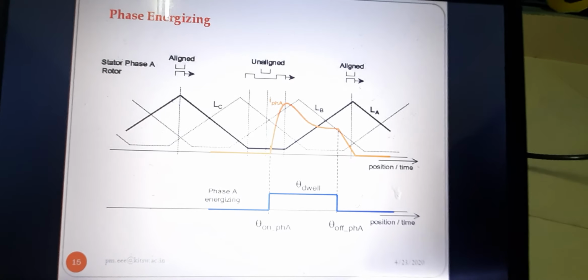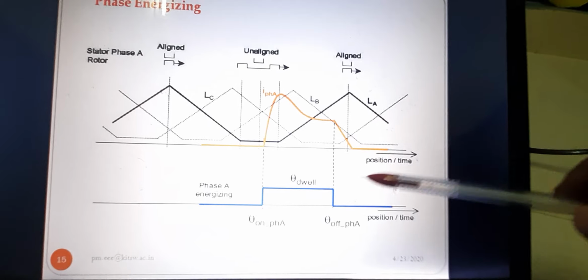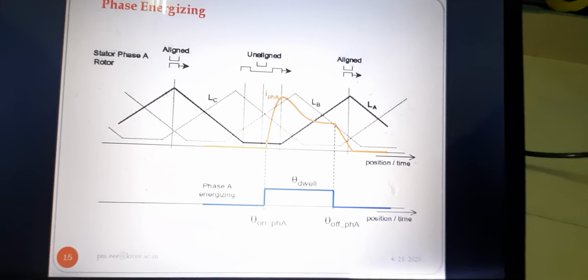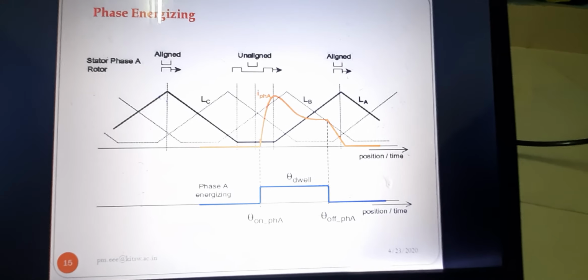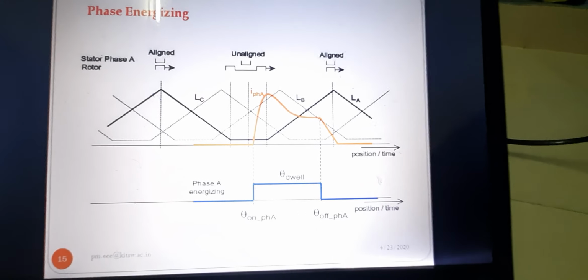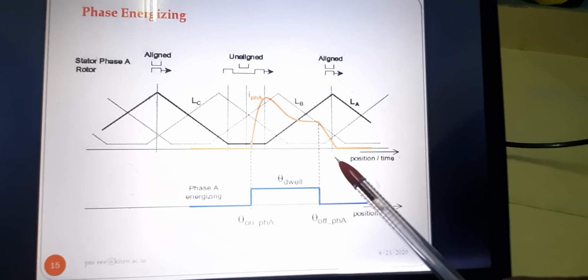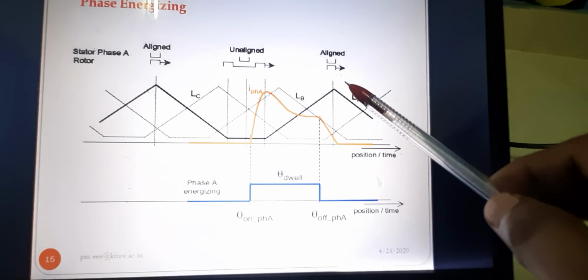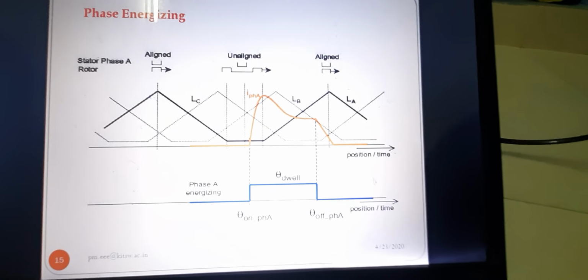Due to that, the inductance discharges. At the instant of maximum inductance, the current flow is 0, because the inductor has stored a large amount of energy. Once the inductor is charged, it acts as a source, so it does not collect any more energy. Once the current is 0, it starts to discharge.